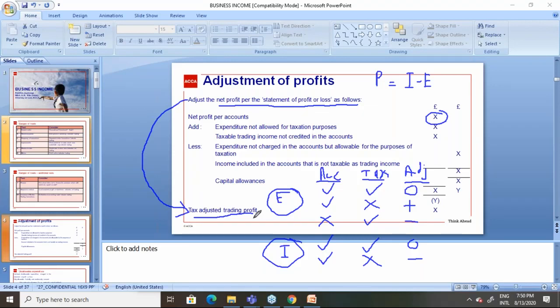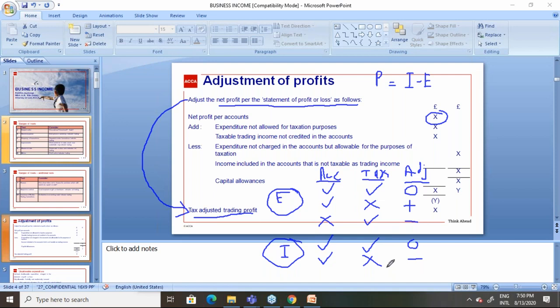Therefore, profit on disposal of an asset is not a taxable profit. On the other hand, if you look at rent income, interest income, dividend income, those incomes are taxable,